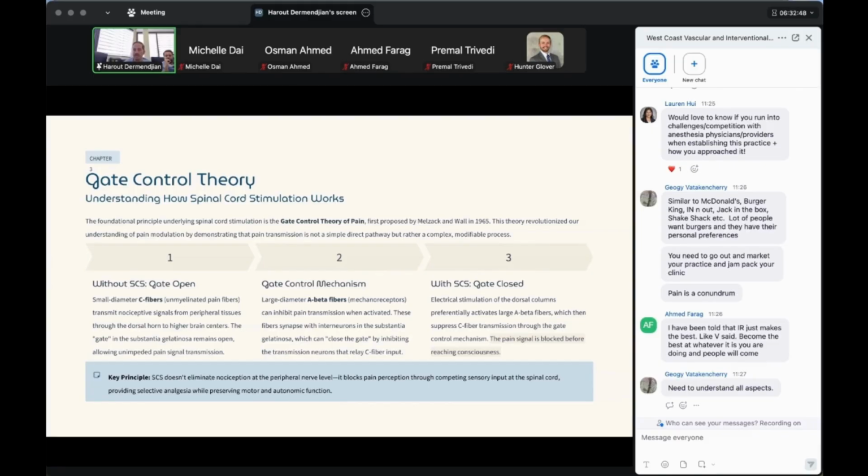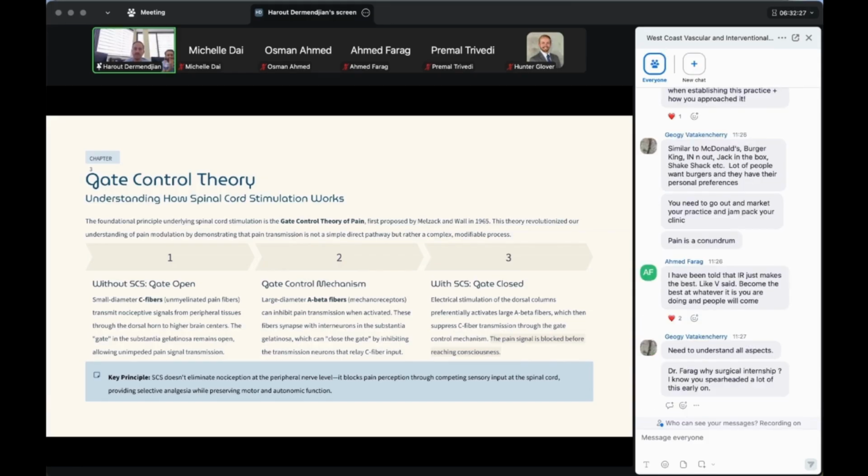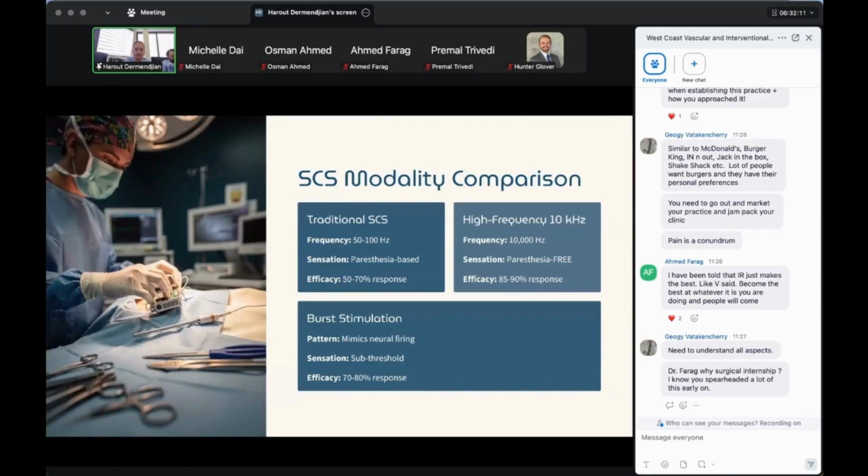And the theory is that there's some modulation that happens in your dorsal column. And that goes back to why you rub something when you hit it, right? If you bump it or cut your hand, you end up rubbing it, because the rubbing activates the A beta fibers. They modulate the pain that you're feeling and decrease the pain, right? There's all sorts of other pathways, but this is the main mechanism underlying how SCS, spinal cord stimulation, came about. There are neural symptoms that come as well, but this is the dominant one we're looking at here. Again, it kind of explains why you rub your hand or your leg every time you bump it.